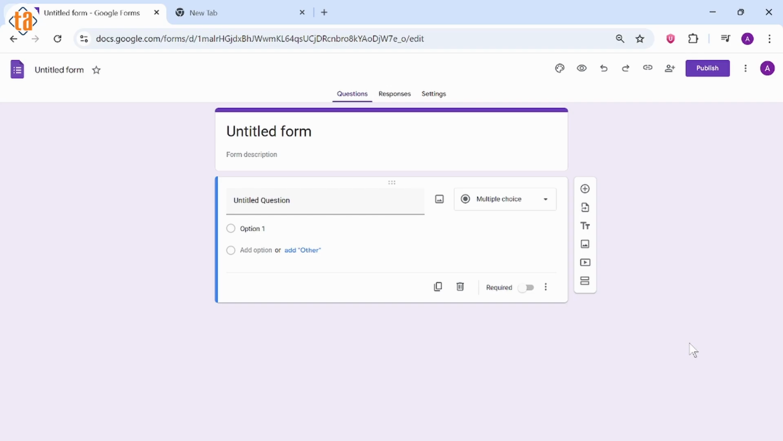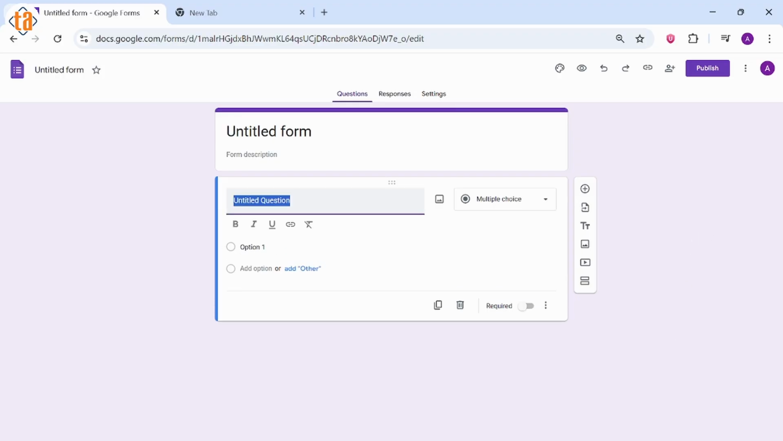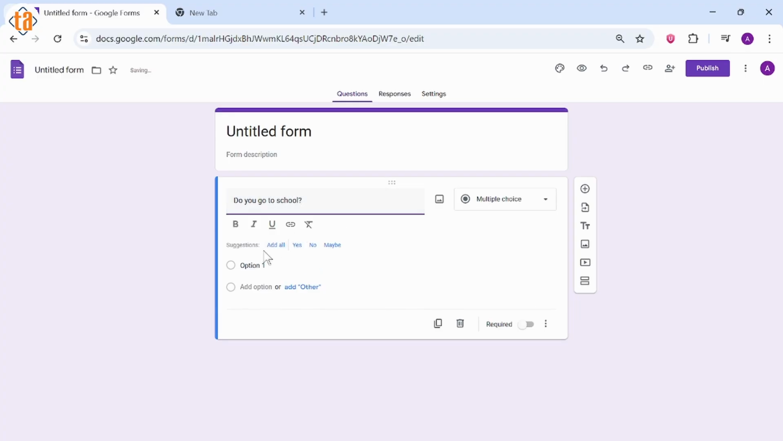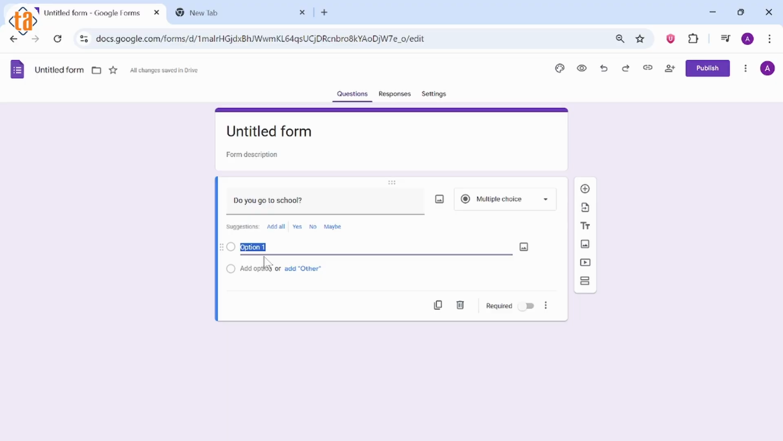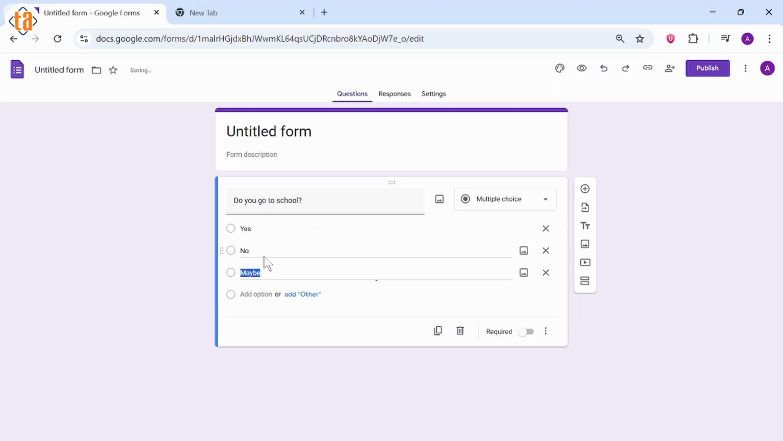Now let's begin. First of all, open up your Google form and create a question. So let's say I'll just write here, do you go to school? And after I write a question, I will then need to add different options. So if I write yes here and no here and maybe here, okay, or I'll just write graduated here,